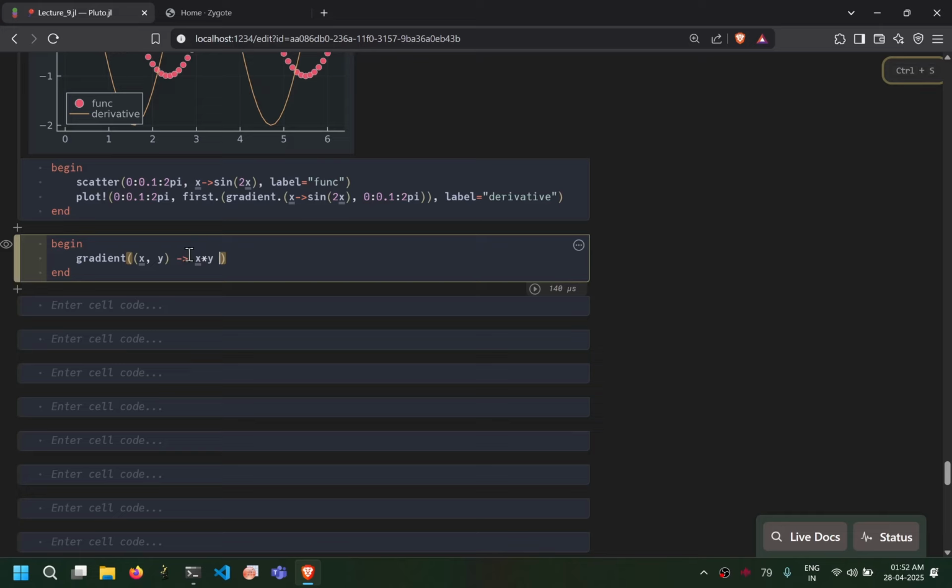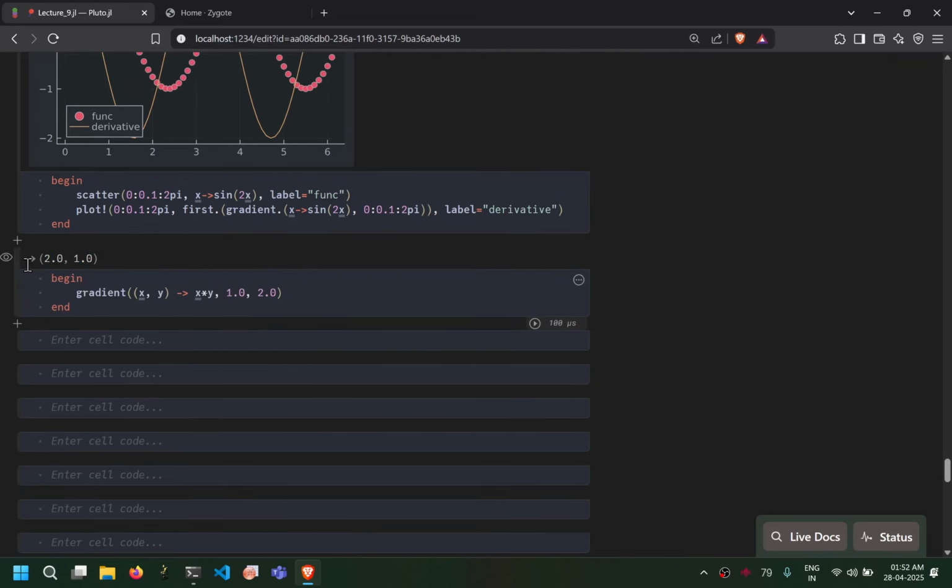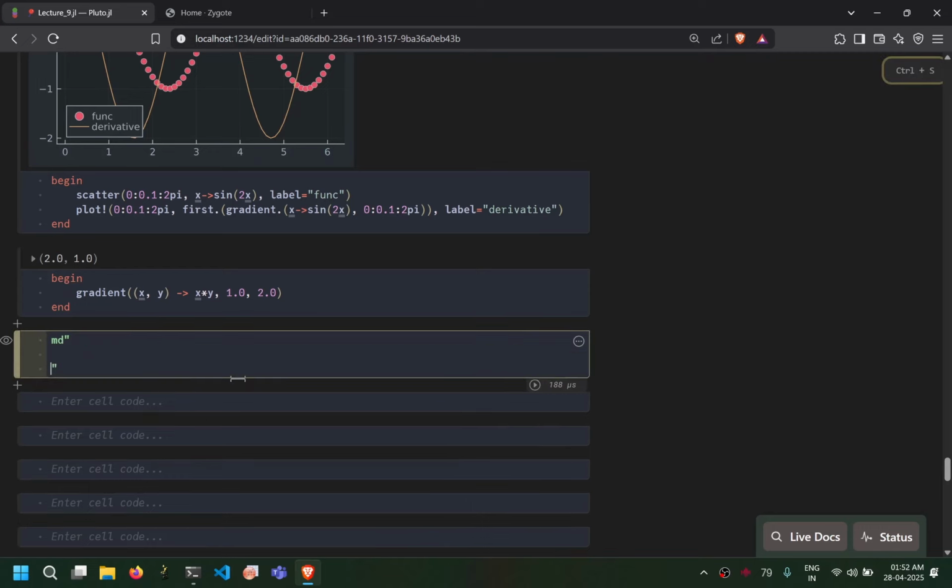Okay. So now I want to evaluate this function at say 1 and 2. So if we run the gradient, we see that we get the answer 2, 1. And this is actually correct because you can check that the